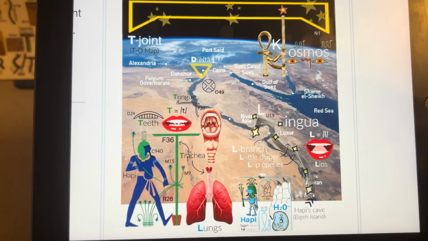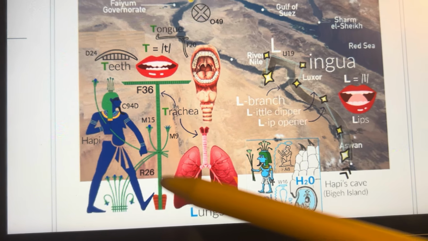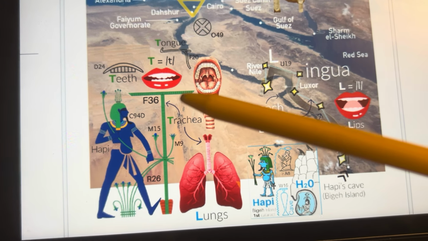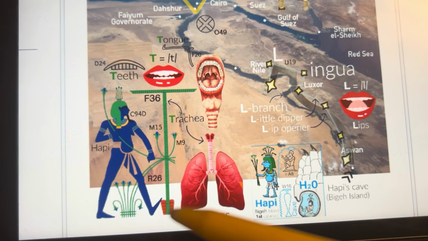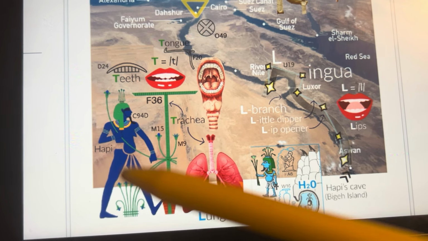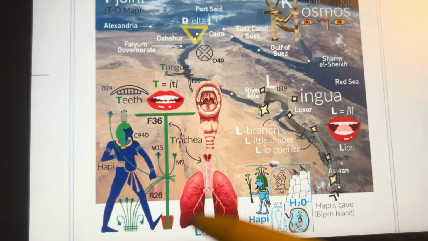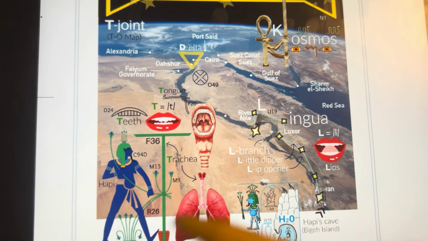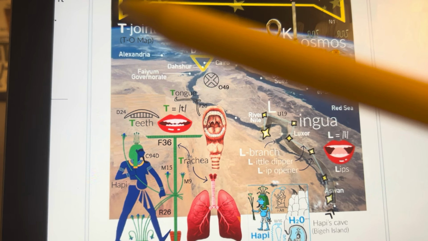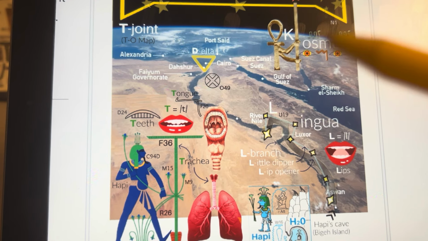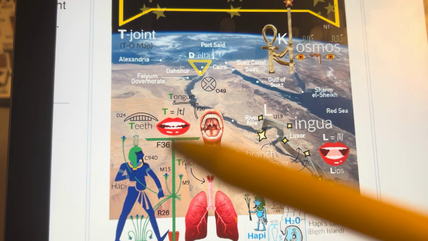If we now look at the cover, we see that the Egyptians had a T-shaped sign for trachea, which is F36, with a pair of lungs at the bottom, with the flood god Hapi pumping the lungs with his foot. The present model is that this T corresponds to the Nile River mapped to the Mediterranean and the Phasis River, which forms a T shape. So this is the trachea of the earth god.